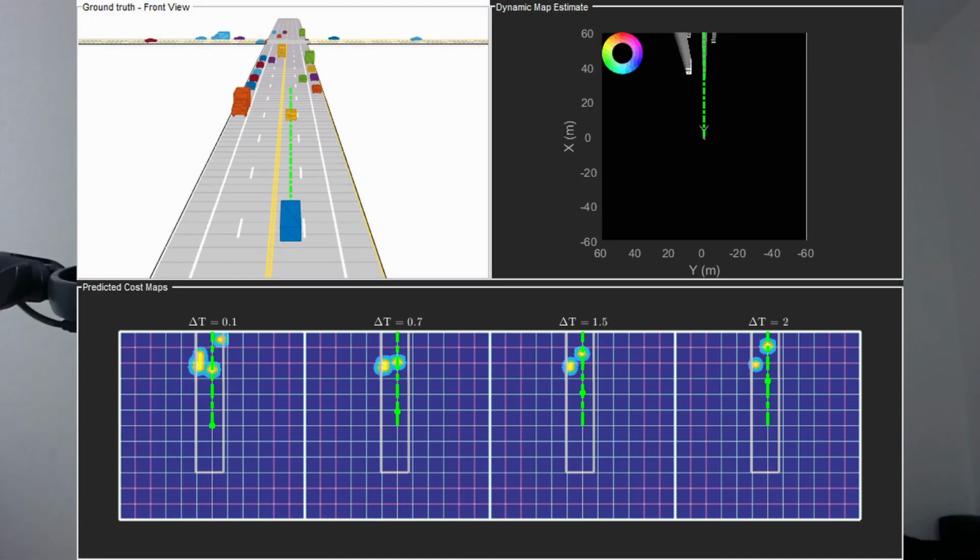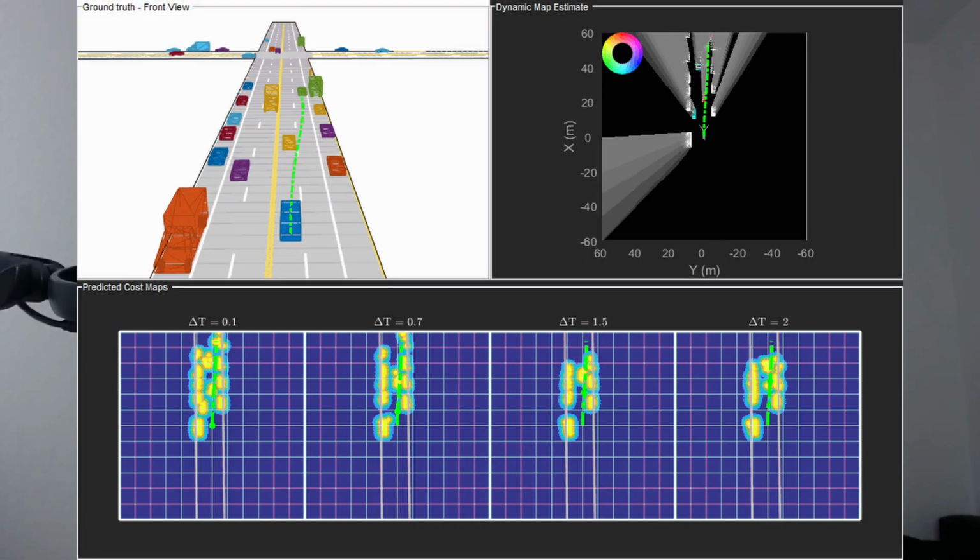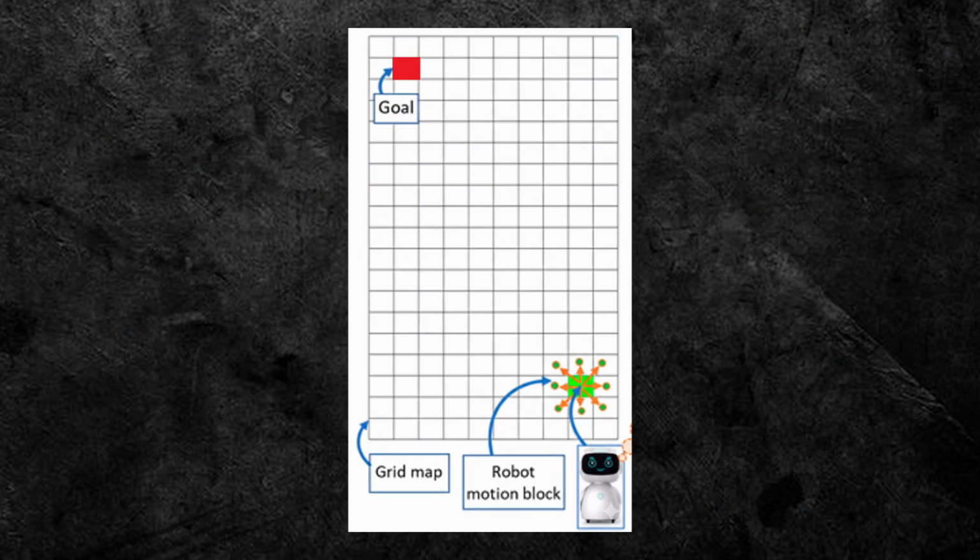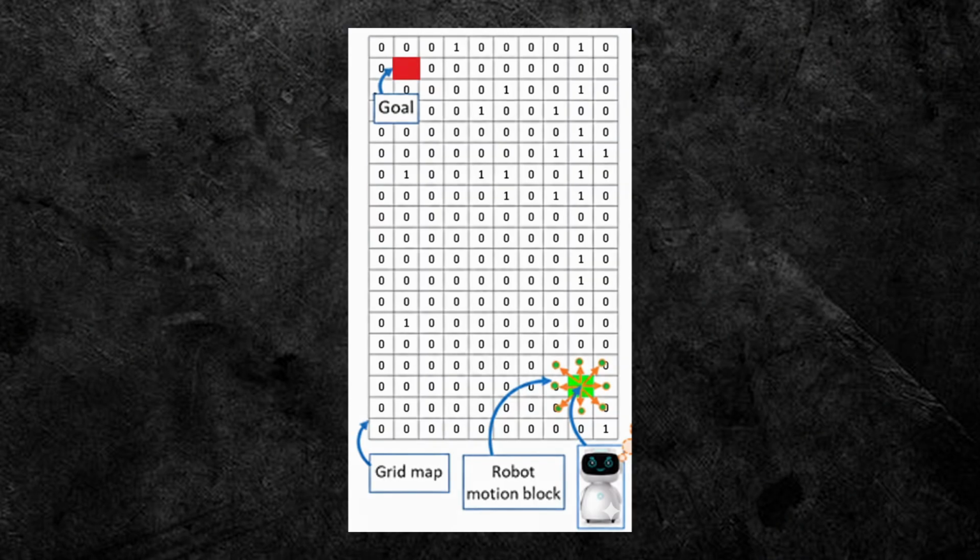Hey everyone, today we are going to learn one of the most fundamental concepts in robotics, the 2D occupancy grid map. This is how robots represent their environment to know where they can move safely. In an occupancy grid map, first we will divide our environment into small squares called grid cells, and then we will fill up those cells with the value either 0 or 1 with the help of the vision sensors that are